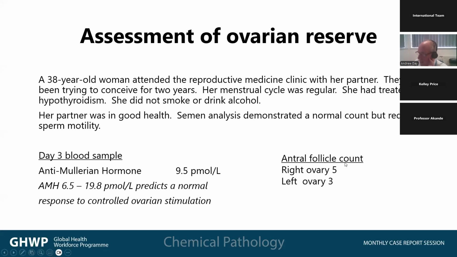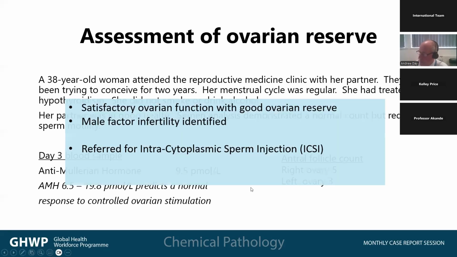She had an ultrasound as well, and I can't really interpret this for you because I'm not a gynecologist, but it was interpreted as showing that she had an adequate follicle count. In other words, with insemination, she would stand a decent chance of becoming pregnant. So the conclusion from the fertility clinic was satisfactory ovarian function, normal ovarian reserve, male factor infertility, and she